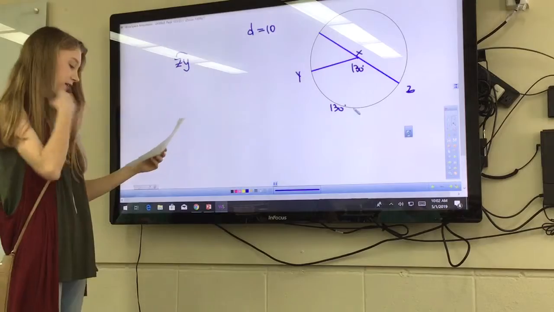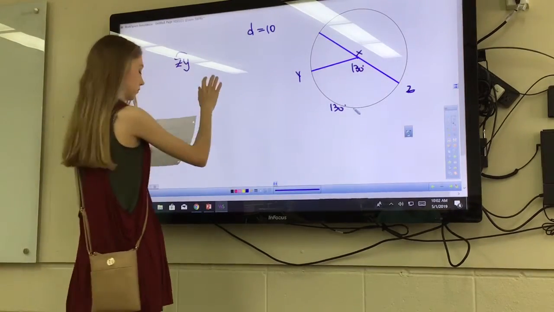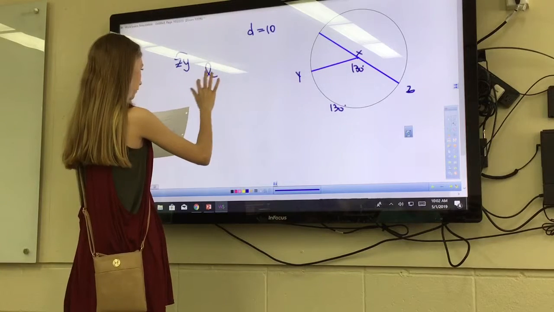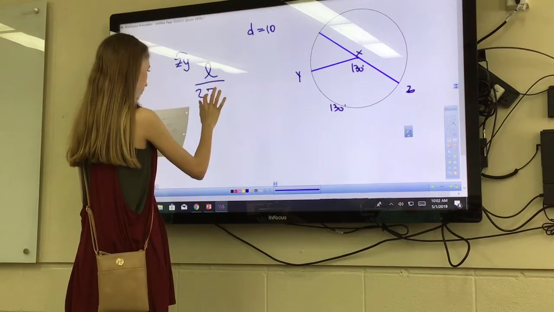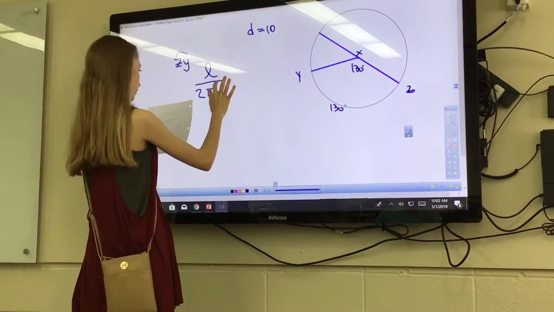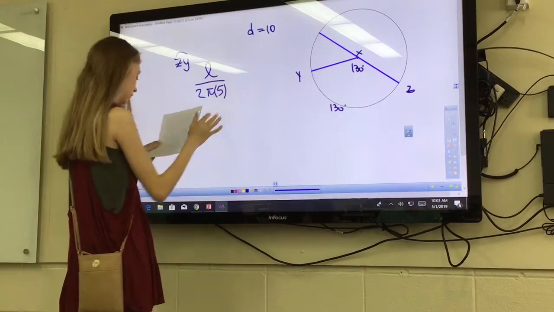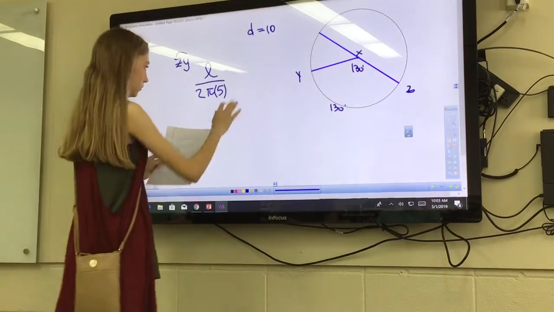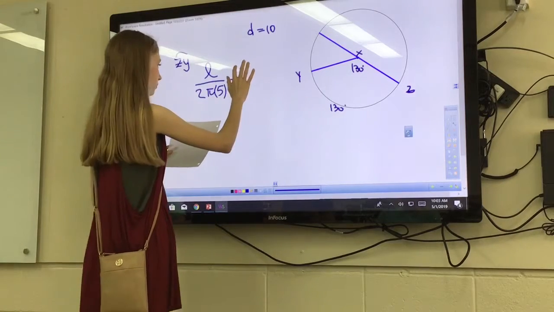So it would be L, the portion of the circle, over the distance of the entire circle, which is 2 times pi times what? 5. Or we could have just said 10 pi, because the circumference formula is pi d or 2 pi r, right? And then equals,